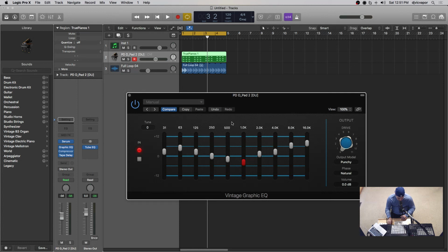So let's move on to looking at some other features they've added for us. I've got some things going on here. Let me check my notes. Let's take a look at some of the multi